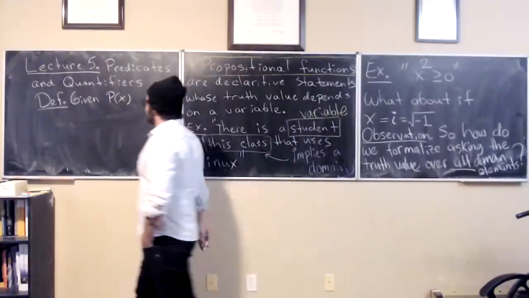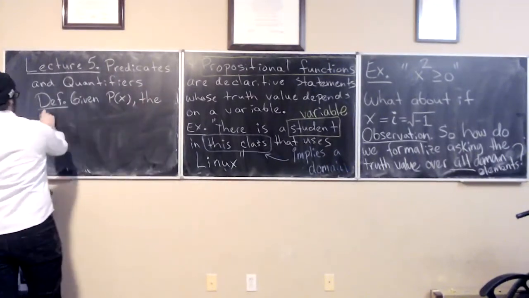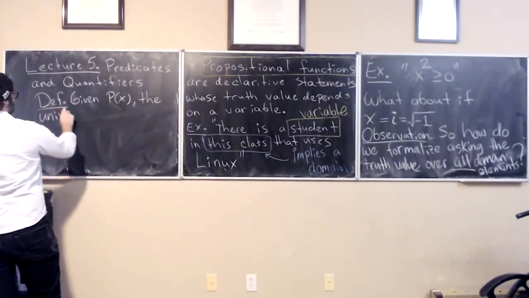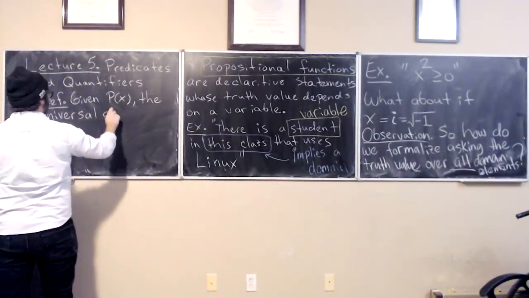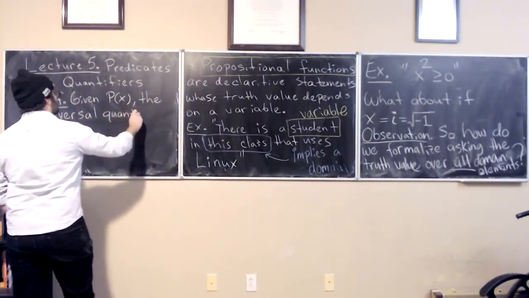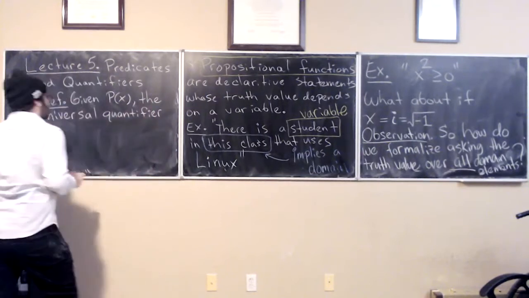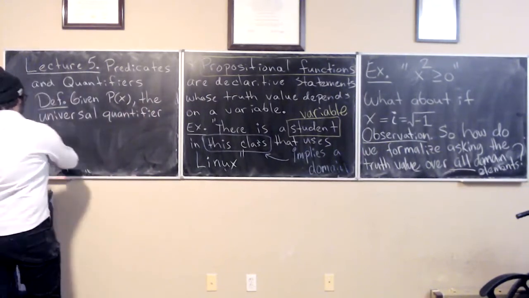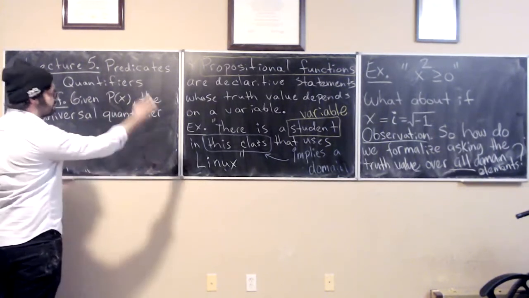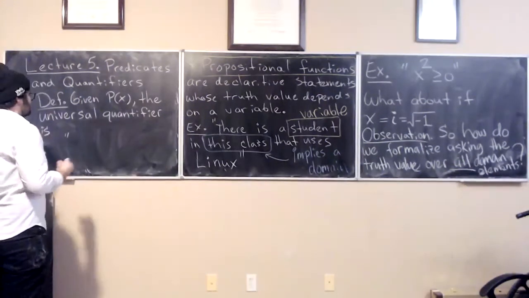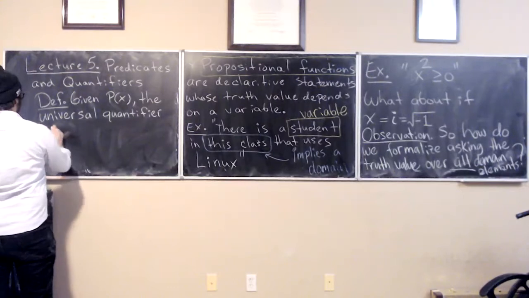So given some propositional function, the universal quantifier is, and I had to pause, I'm running out of room to go erase in a moment. So given P of X, the universal quantifier for P of X